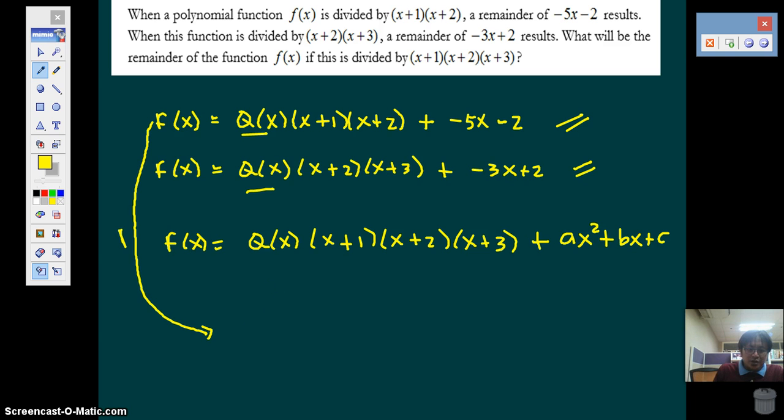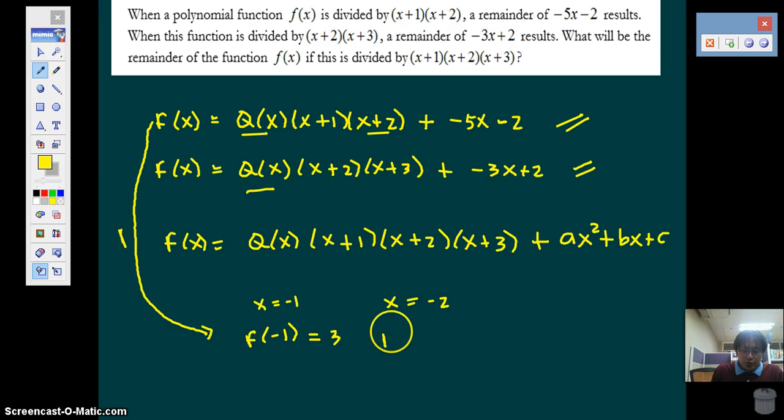So if I use x is equal to negative 1, the left side is f of negative 1, and the whole thing is 0. Negative of negative 1 is 5 minus 2, that means f of negative 1 is 3. So if x is equal to negative 2 for this part,